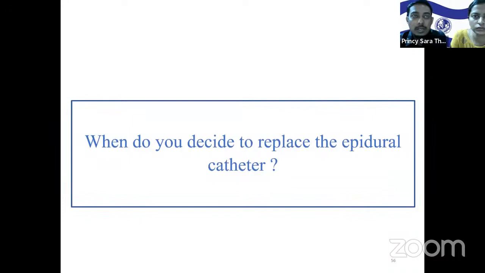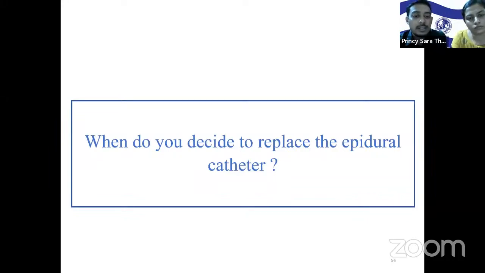It can also be considered for replacement if there is unilateral pain, and for that we have administered the concentrated drug in lateral position and waited for 20 minutes for adequate pain relief. If that's not happening, we can consider replacing the catheter. We can also consider replacing the catheter if it is appropriately placed and the sensory and motor block are equivocal, but there is no pain relief. An alternative suggested is administering 3 to 5 ml of 2% lignocaine, which should produce sensory and motor block. If these blocks are not there, we can consider replacing the catheter.